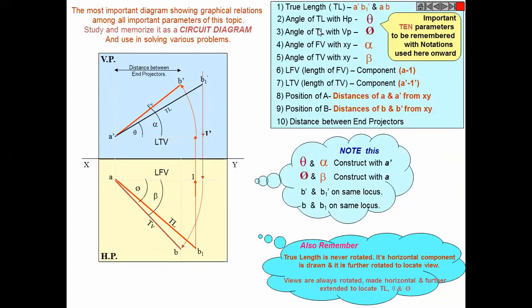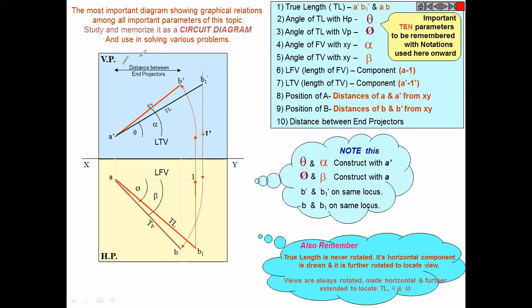Now this is the box somehow. That's theta, phi, which we have already discussed. We need not confuse this further. This is how you will find the distance. One more point: at times you will be asked something else. These 7 things are there in the box, but you may be asked something else. What may you be asked? The distance between end projectors.